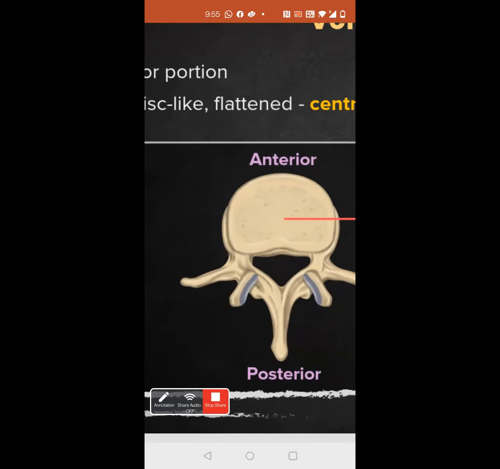How much force is required to break the bone, ma'am? Actually, not much force is required. If you're talking about breaking your vertebral column, no. Instead of breaking it, you can easily slip it. Yes, the disc will slip. That's why whenever they do weightlifting or any dance movements, they are very extra cautious.